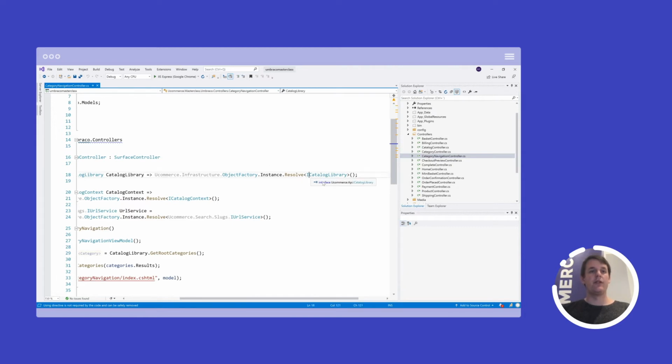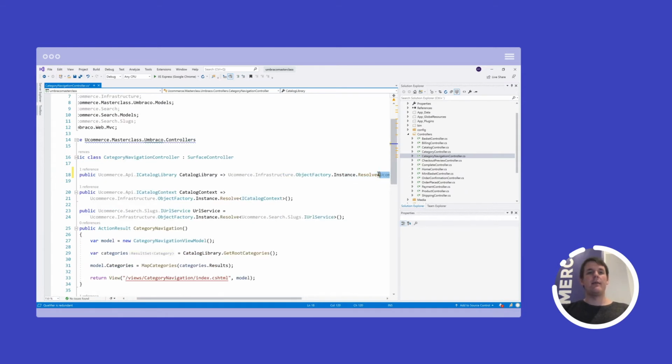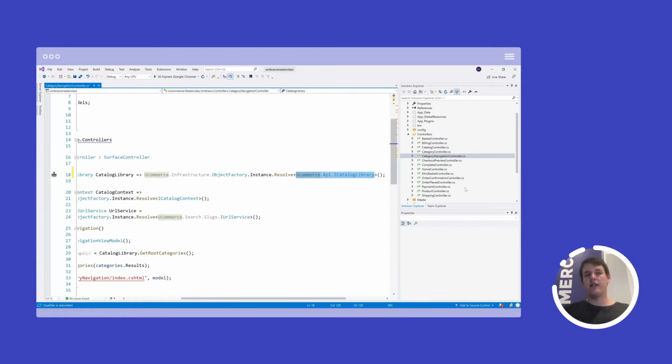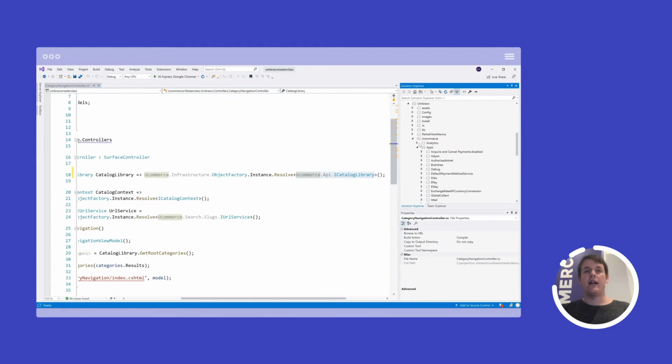In this case, we resolve ICatalogLibrary, which is residing in a namespace called UCommerce.Api. Let's just, for good measure, also define the namespace so you can see that for yourself. So the ICatalogLibrary is configured via XML configuration in the platform, which means that you can change it. So I'll find the configuration file for UCommerce where I know that is sitting.